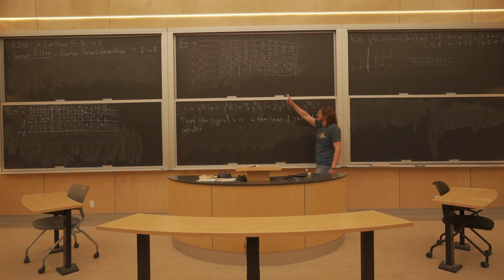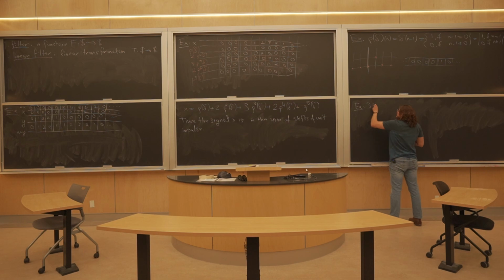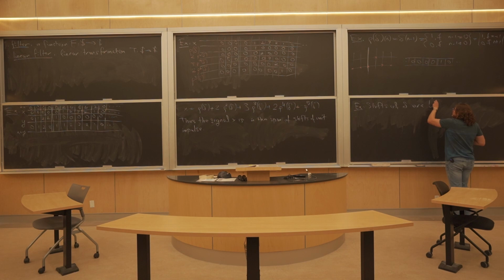So you can think of these as infinite dimensional vectors as well. Infinite tuples, if you want. And so for instance, the first shift has a non-zero entry only here. And no other shift of delta has a non-zero entry here. Okay? So here's a statement. Let me just do an example. Shifts of delta are linearly independent. I guess this is a statement, and the example for that